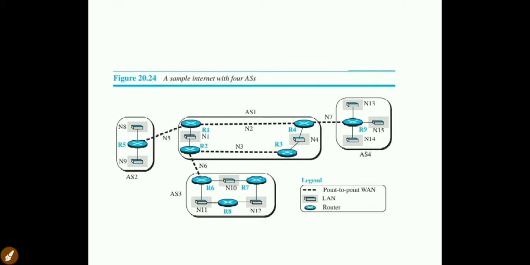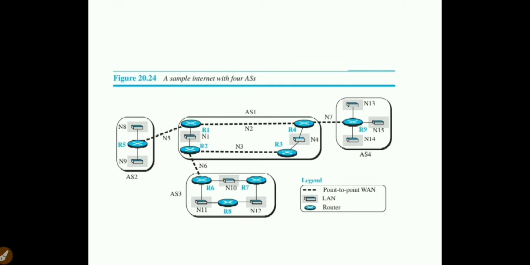So this scenario that we have taken here, we will discuss now: how BGP has been implemented here, and how the messages are communicated by using the path vector. The legends are clear here. All these dotted lines are used to connect a point-to-point WAN link between any two routers. And the LAN connection will be there. Any number of nodes can be connected here. The routers are represented as R1, R2 and so on. All the Ns are the nodes or networks, so networks inside the nodes are represented.